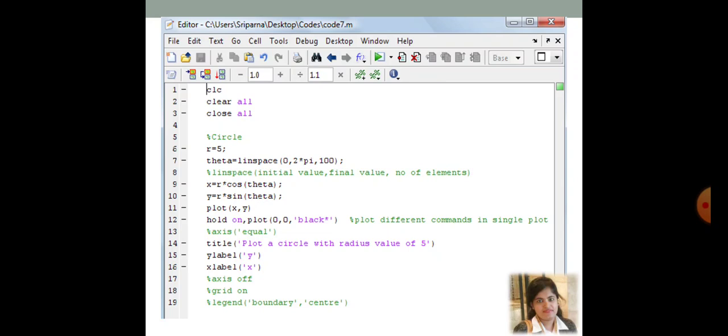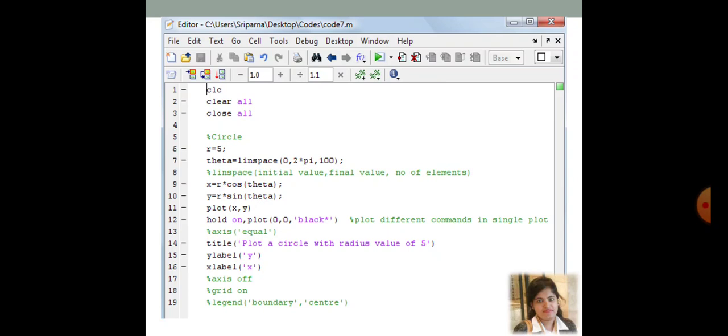Suppose you have already generated one figure, then the first figure will be deleted and submerged by the second figure actually. So one cannot check what you have already generated in figure 1 if you do not give this hold on function.